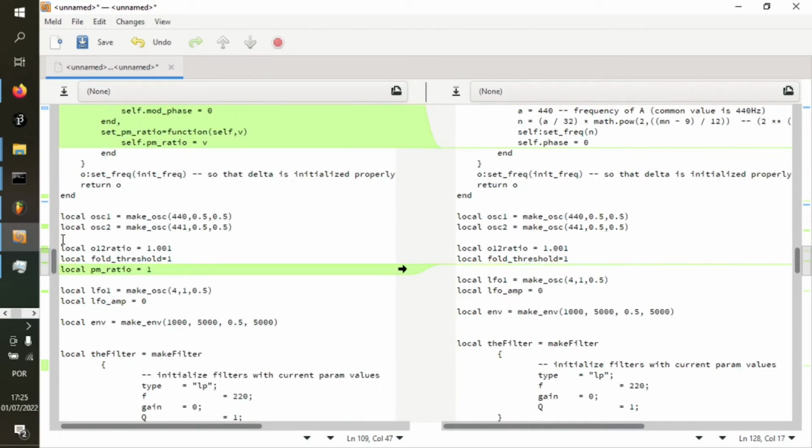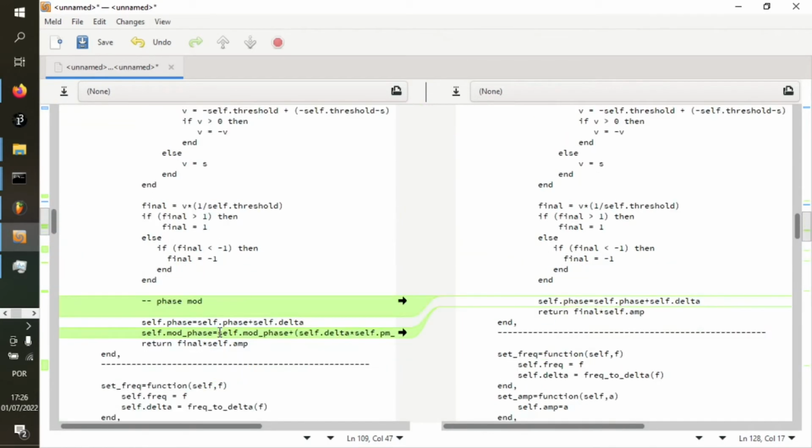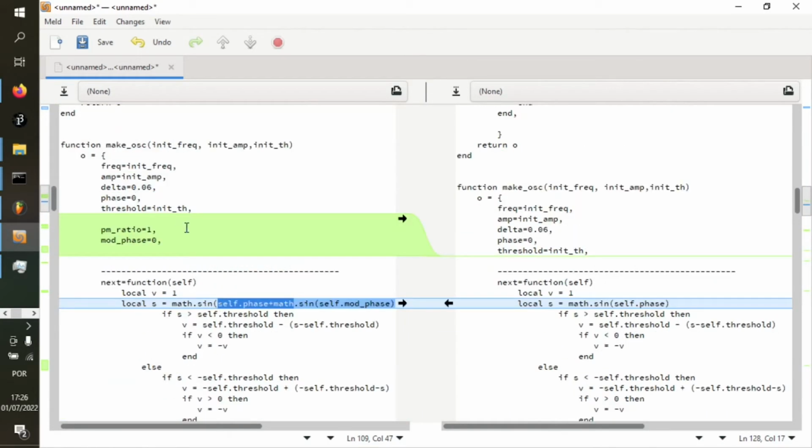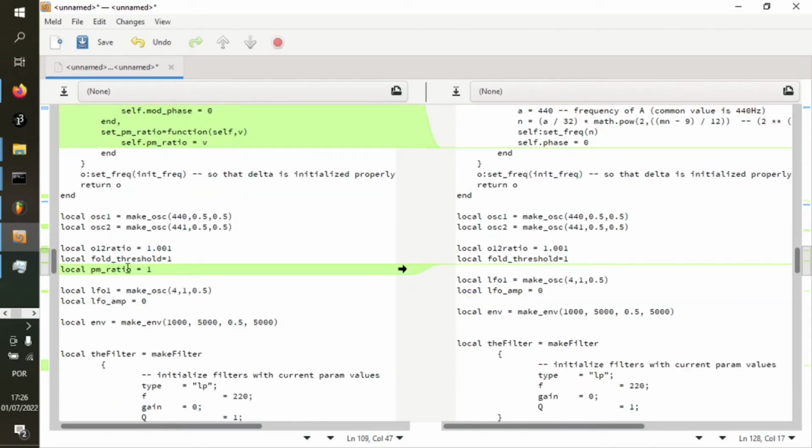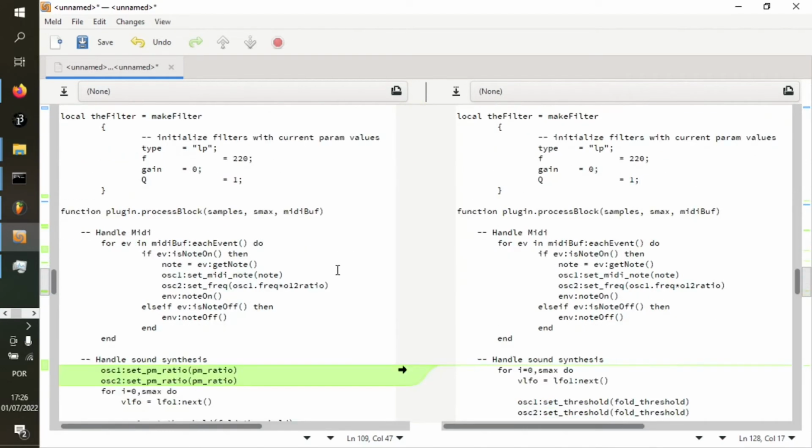When it comes to the main global variables, although they're called local here, these are the global variables. We also have a global PM ratio. If you remember, this PM ratio here is the one inside the oscillator, so every oscillator has got one. This is our global PM ratio here, and